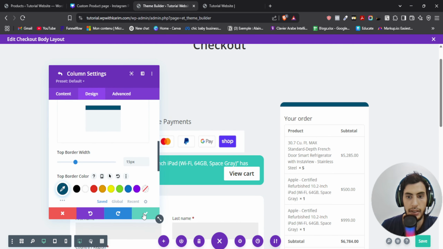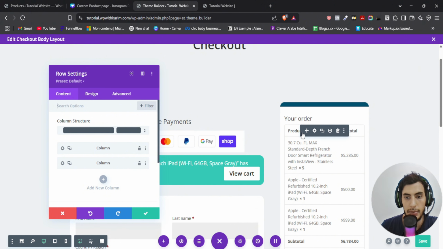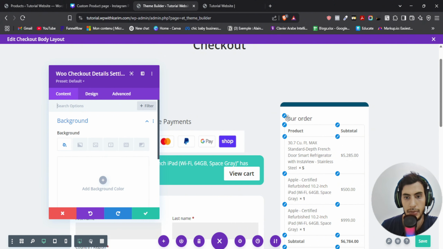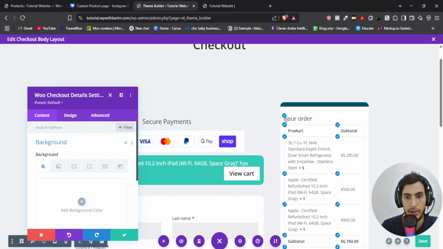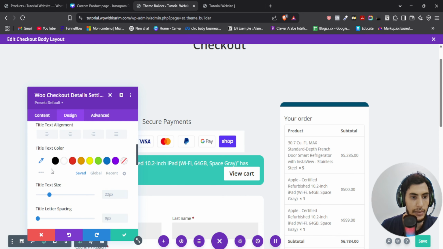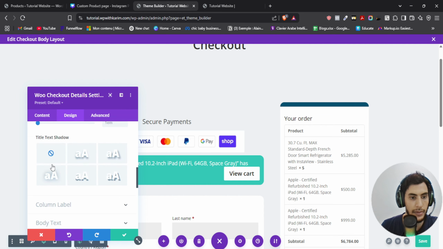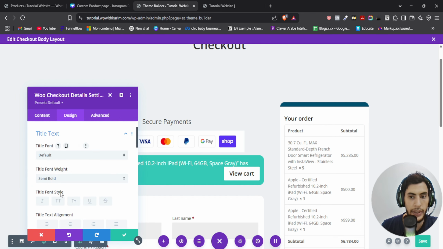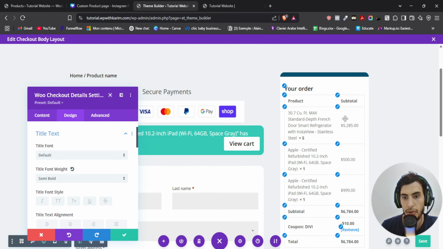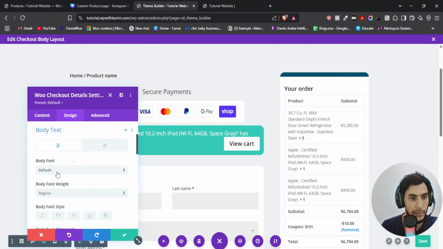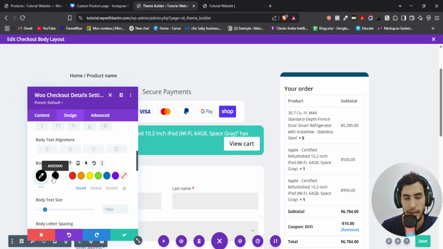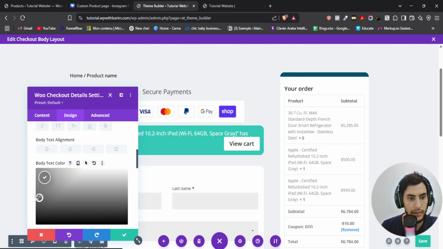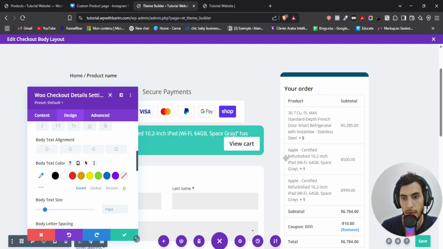Okay, perfect. I'm gonna edit this one now. I'm just gonna edit your order. I want it to be black and also have some weight. Font weight, semi-bold. Okay, the total, the product title, maybe the product title is not looking clear, so maybe we change it to black. Maybe I don't like that black so much, so I'm just gonna reset it,